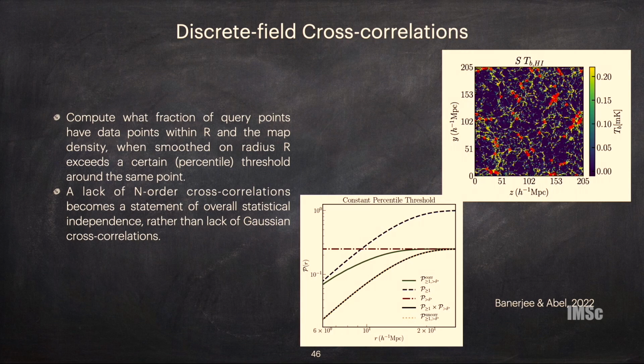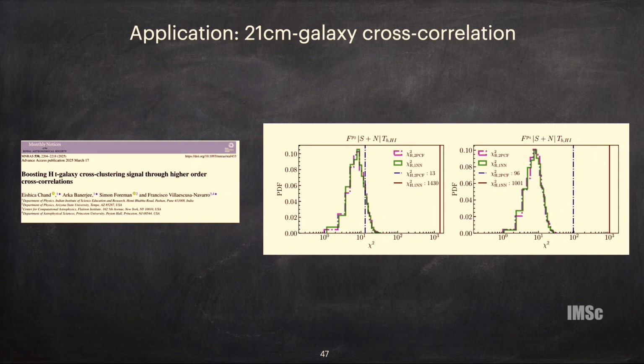We also generalize the formalism to not only think about discrete data like red galaxies and blue galaxies, but cross correlations between one discrete data set and one continuous map. So for example, galaxies and 21 centimeter maps. What are some of the applications? This is work led by my student Ishika, where she showed that if you're looking at cross correlations between, say, a CHIME-like experiment and a galaxy survey, if you use our cross correlation technique, which is on the right,